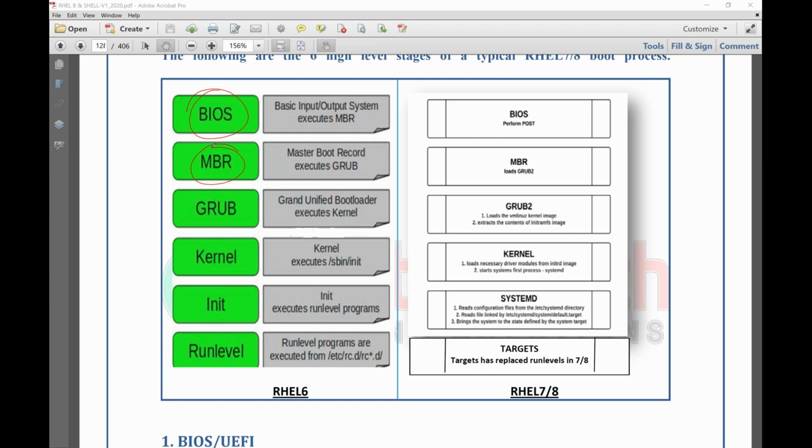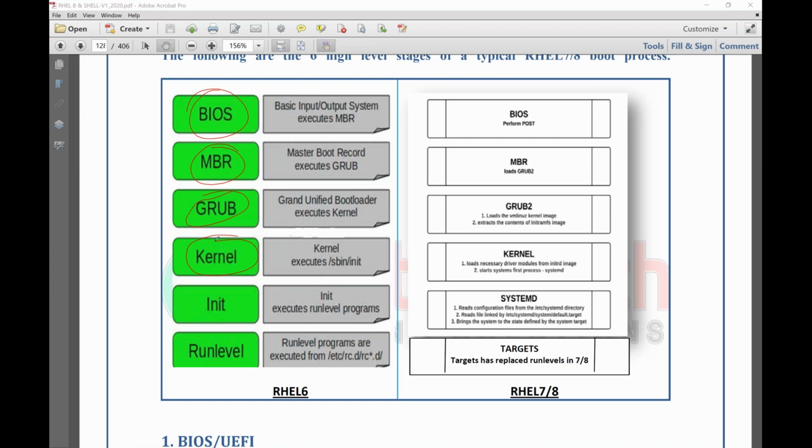And the bootloader we used to have in Red Hat 6 is called grub. Grub stands for Grand Unified Bootloader. The role of the bootloader is to boot your system. So it loads some scripts through which the booting activity will continue. And the most important thing it will do is it will activate the kernel. The kernel will get activated over here,